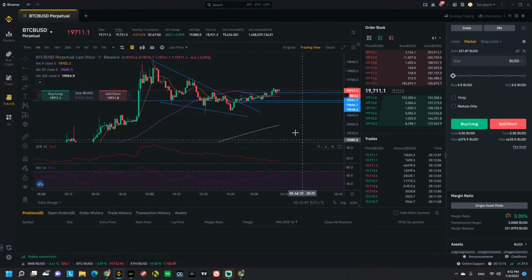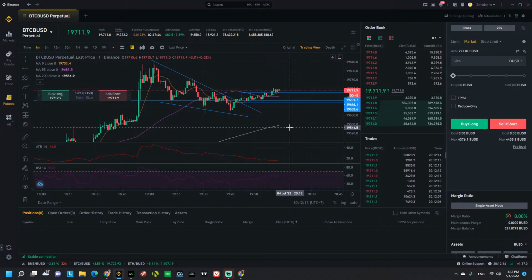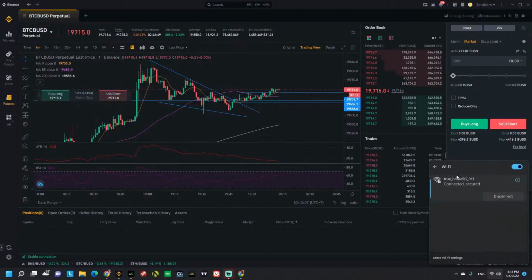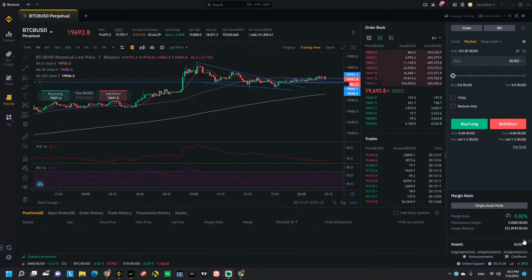Okay, let's see what's happening in crypto. Okay, it's still moving upwards with a low ATR. So my guess, if it's a small climb upwards, then it might, I hope,